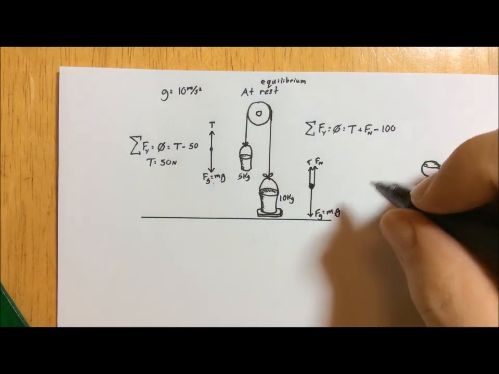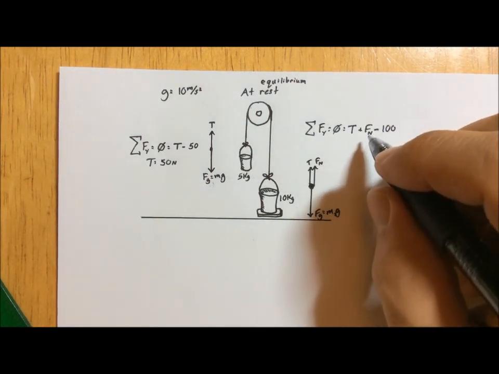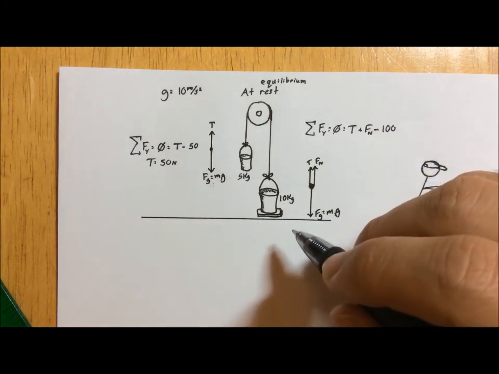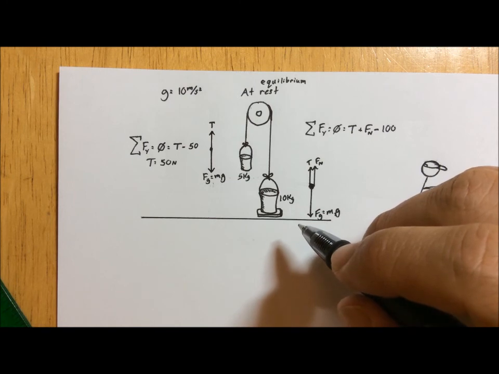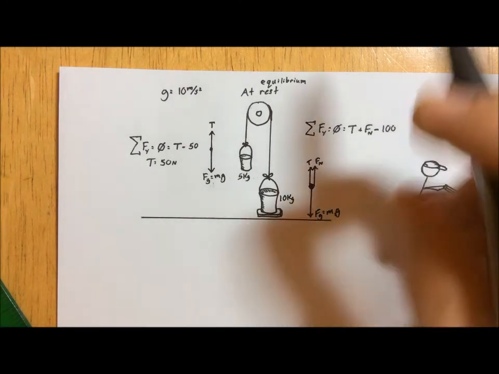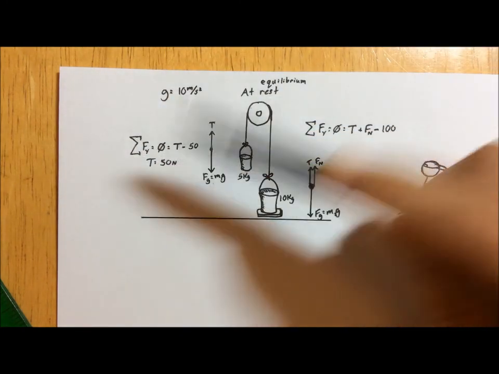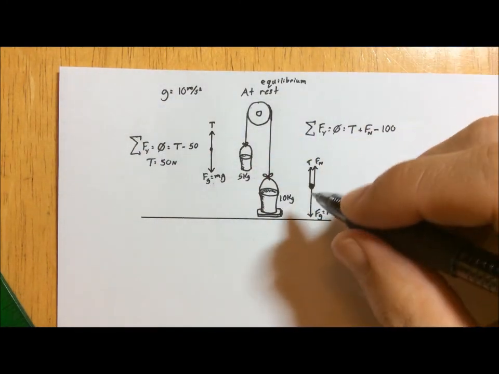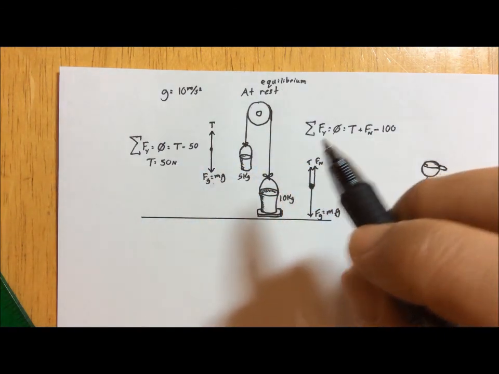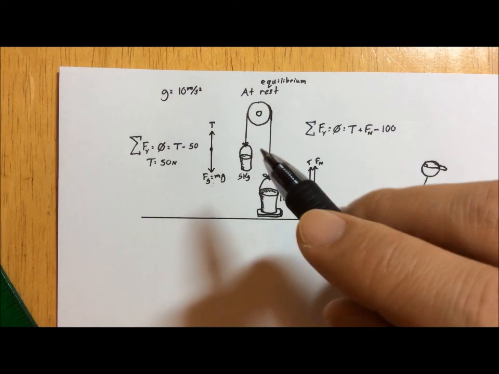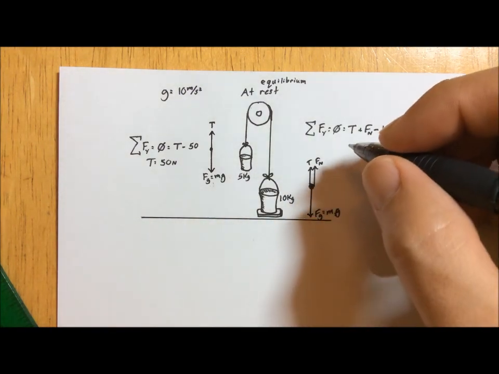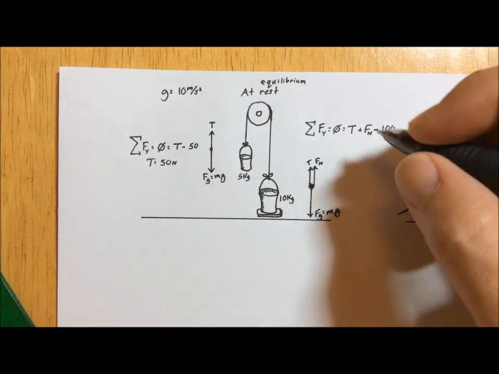And there we go. Now, we've got to figure out what Fn is. What is normal force? What is this scale going to read? Scales read you the normal force, how much they're pushing up. Well, do we know tension? Yeah, we do. We just figured it out. And for a system that's in equilibrium, tension over here will be equal to tension over here. If it's accelerating, then I don't know. Maybe not. Probably, but we'll just be careful.